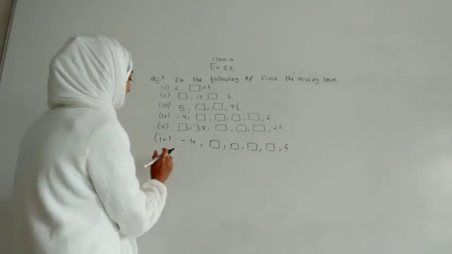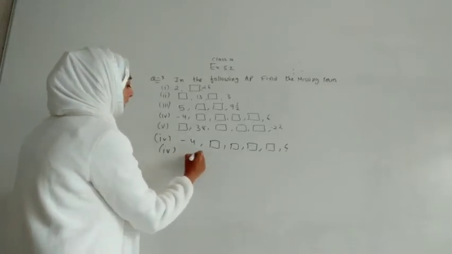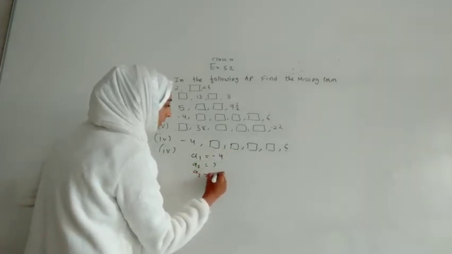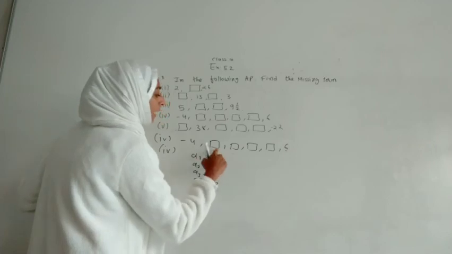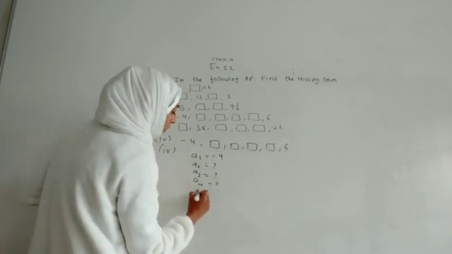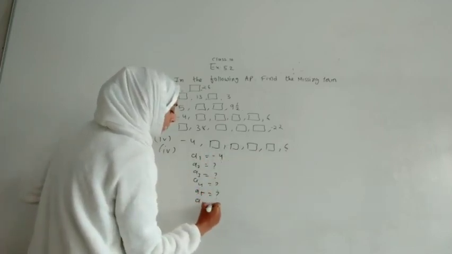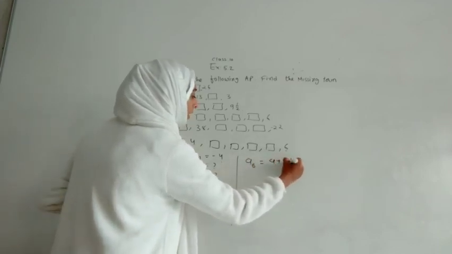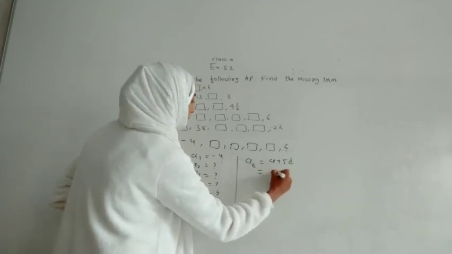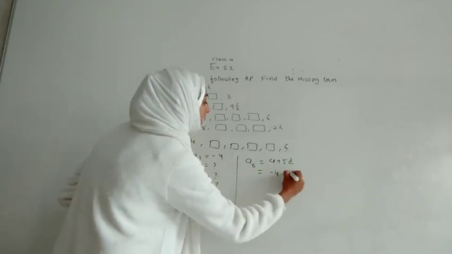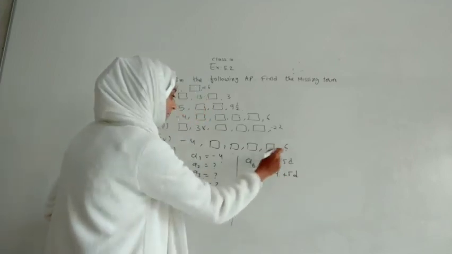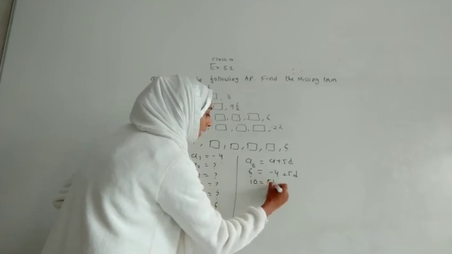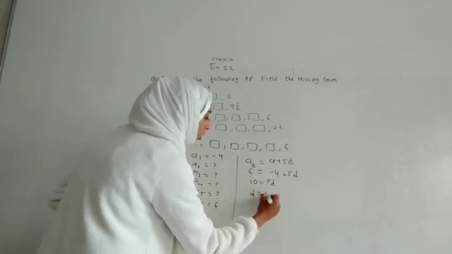As you can see, we have the last question. Let us solve it. a1 is given as minus 4. a2 is missing. a3 is missing. a4 is missing. a5 also missing. And a6 given as 6. So what we will do? We will write a6 directly. a plus 5d. In that a we will write as minus 4. That is given to us. And that is equal to 5d. And a6 ka value diya hai 6. Phir se wahi aaya 6 plus 4, 10. 5d. If we take it down, d we got as 2.